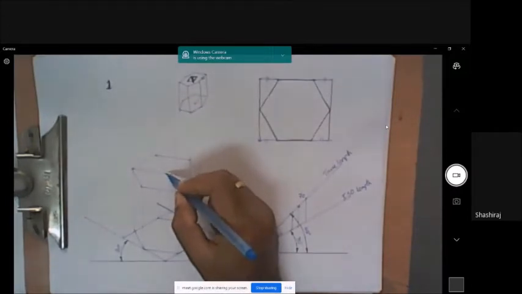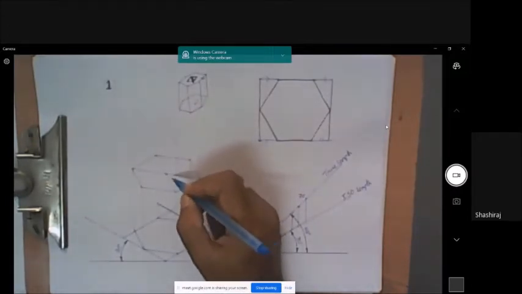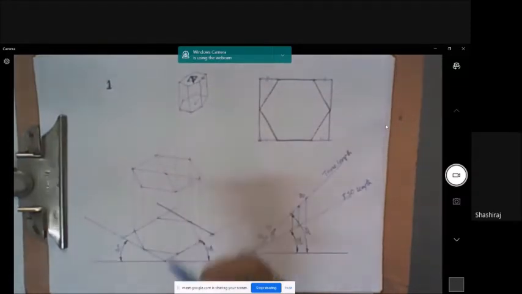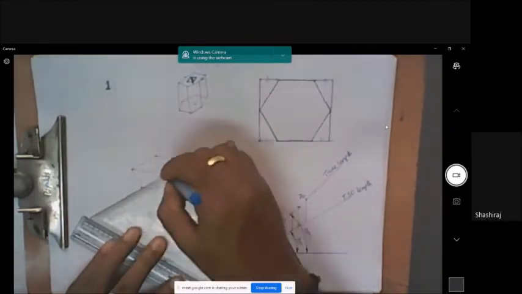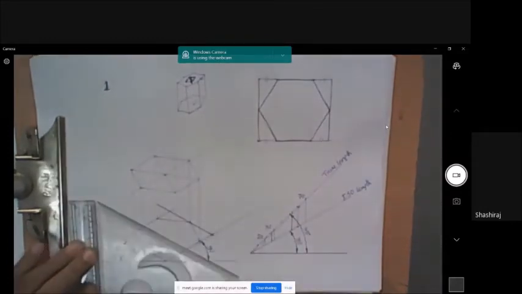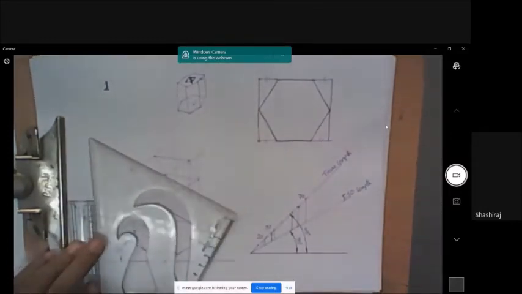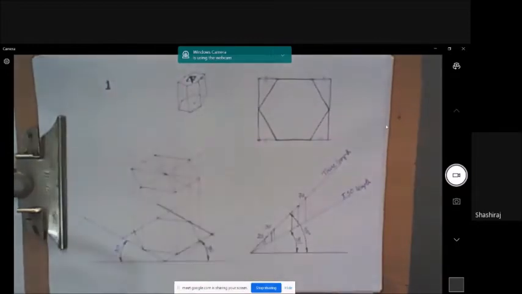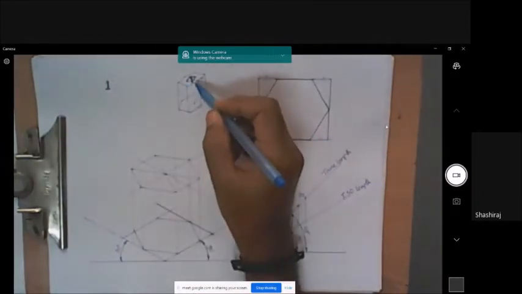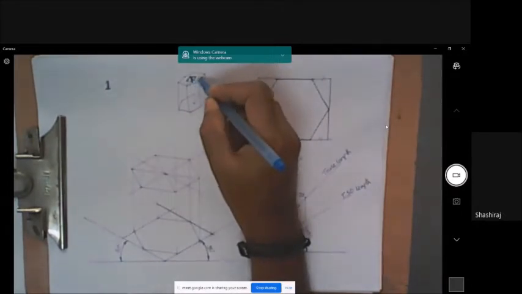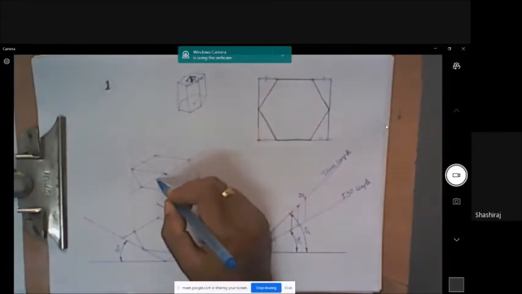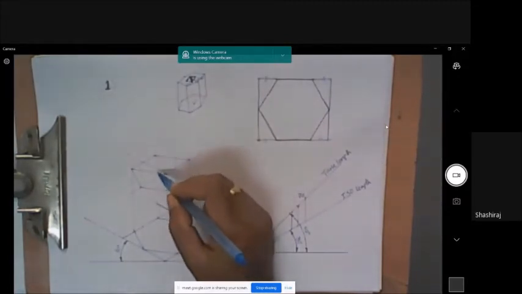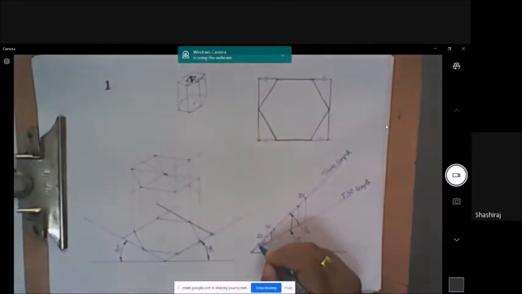At this center, I should draw a square hole such that one of the edges is parallel to this. Let us do the axis construction first at the center. Get the axis here first. So I'm drawing one of the axes here. This is the first axis. The second axis. This square hole is of size 20 by 20. So this is the center. So 20 should be distributed on either side. Mark ISO 10 here, ISO 10 here, ISO 10 on this axis, and ISO 10 on the other portion of the axis. Where is 10? 10 is here.